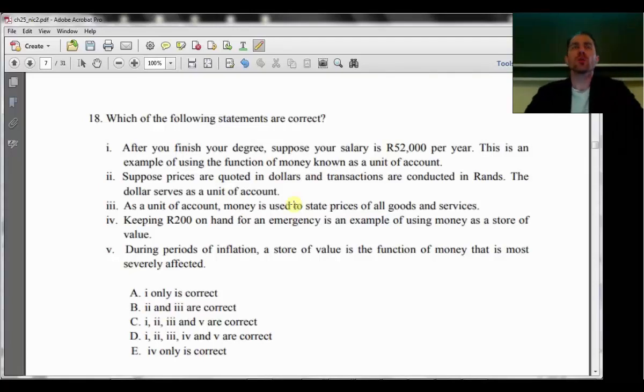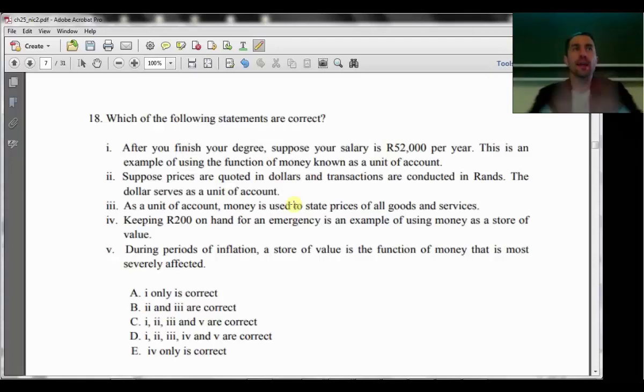Okay? So if I go into Pick n Pay and I see there's 2 liters of milk, 2 liters of milk costs 25 Rand. I go to the counter, I give 25 Rand to the teller, and I walk out of the shop with 2 liters of milk. Right? When I give 25 Rand to the seller, what is my money doing there? Is it working as a store of value? Is it working as a unit of account? Is it working as a medium of exchange? Medium of exchange. You understand that? I'm using it to get something, right?